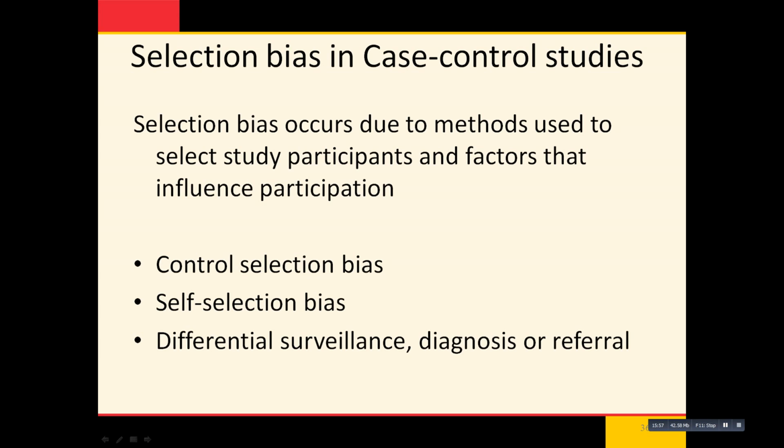So the last type of selection bias in case control studies that we're going to discuss is differential surveillance, diagnosis, or referral. So when there are differences in these aspects that are related to the exposure, that can affect your interpretation of the results. So for example, if we're looking at folks that use oral contraceptives and we're looking at blood clots, if we're only looking at folks that were hospitalized for a blood clot, and we look at folks that were hospitalized for an acute illness at the same time,